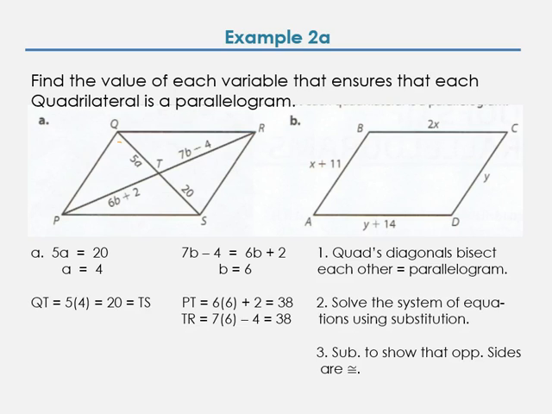Example 2A. Find the value of each variable that ensures that each quad is a parallelogram. So let's take a look at A. What do we have here? Well, we have a quadrilateral PQRS, and it has two diagonals that bisect each other. That means that you're going to have congruent